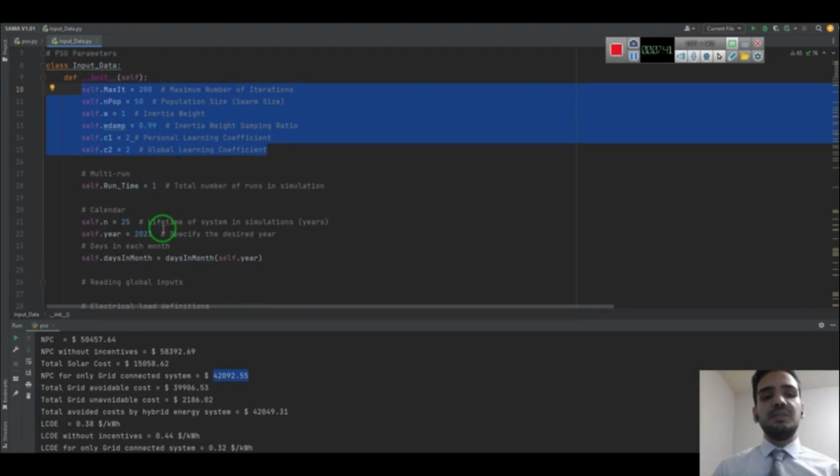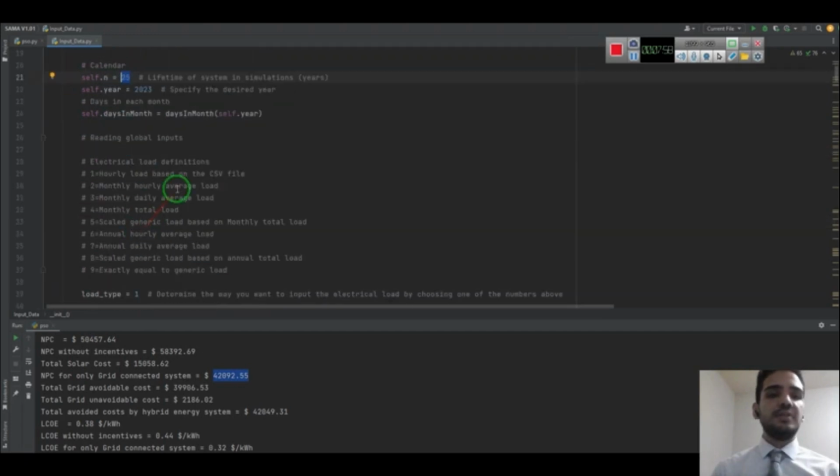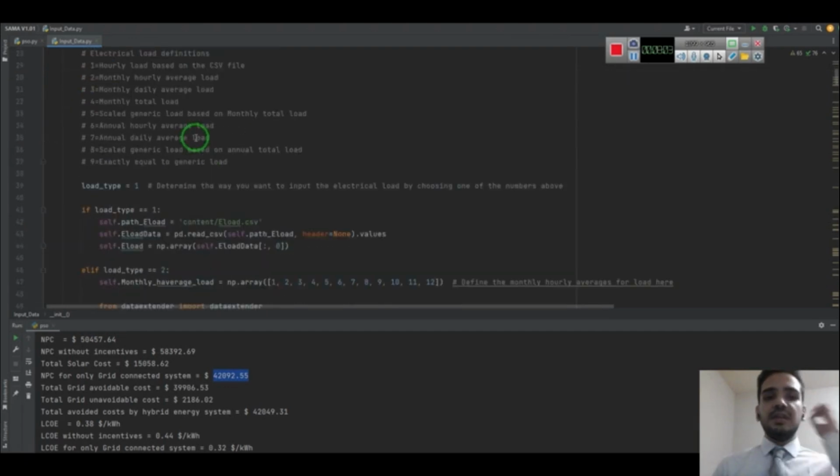Another important input that you need to define for the simulation is the lifetime of the project, the lifetime of the system, which is typically 25 years for a photovoltaic system. So we define the lifetime as 25 years, and we also define the year, which is 2023.